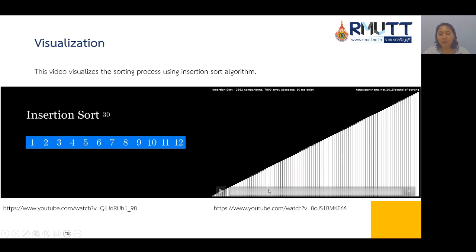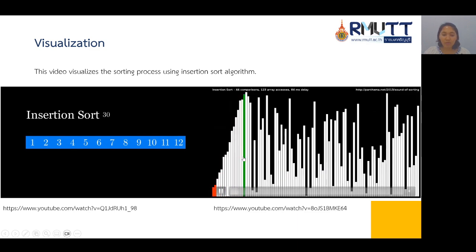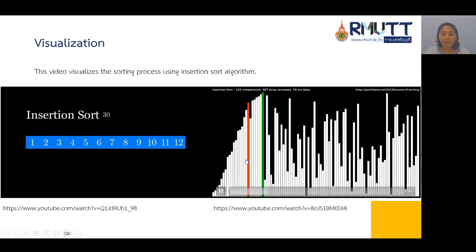We can see here, if there is new data that will be compared, the new data is compared to all the left side data to find which one is greater or smaller.